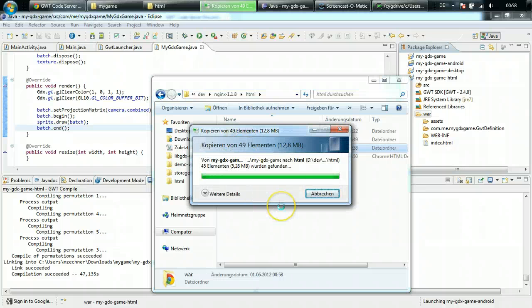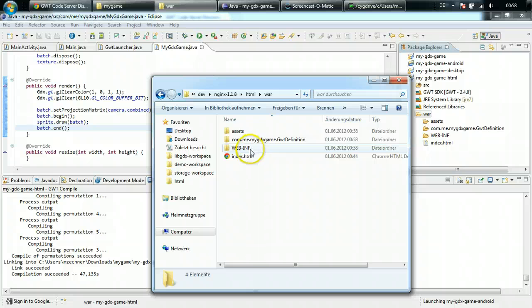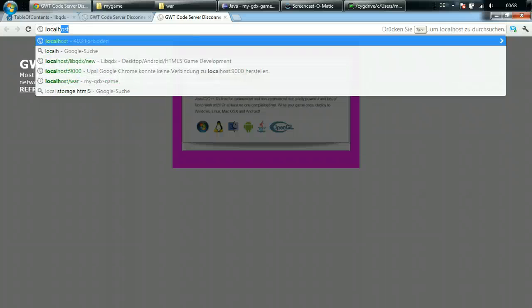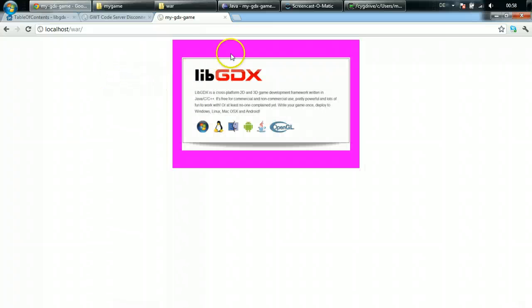Oh god, I copied the WEB-INF folder. So yeah, you don't need this folder. This is really only used for development mode. So assets, the com something something plus your HTML file, and then you can, provided that you have an Apache or nginx or other web server running, go to localhost war. The application will be served from that server,